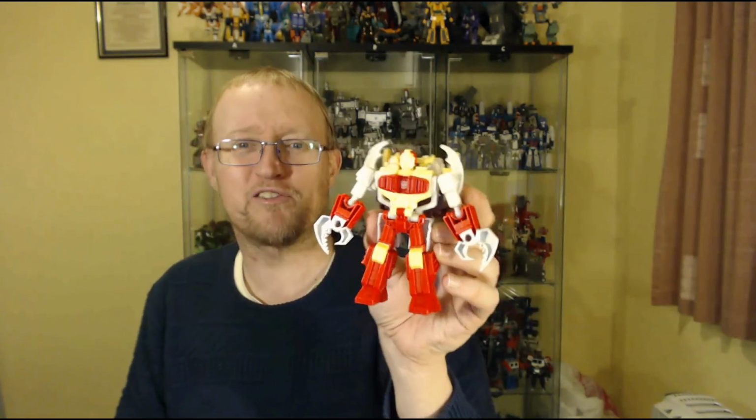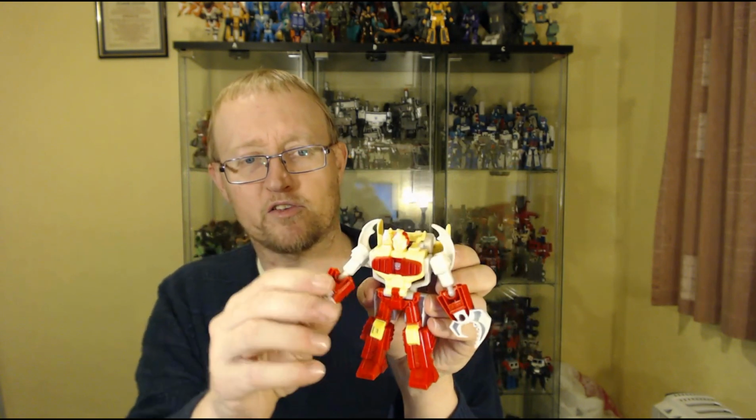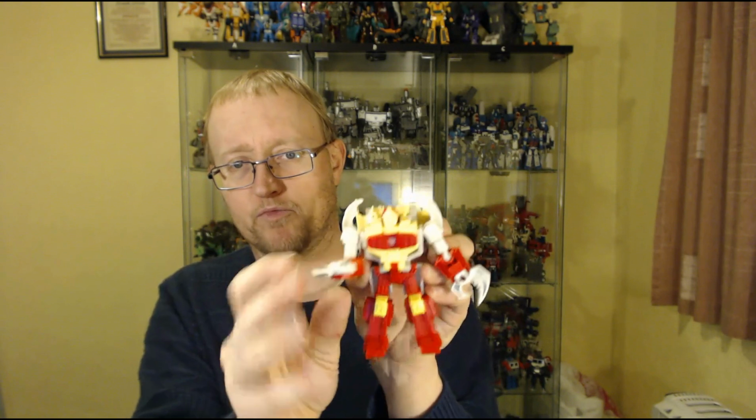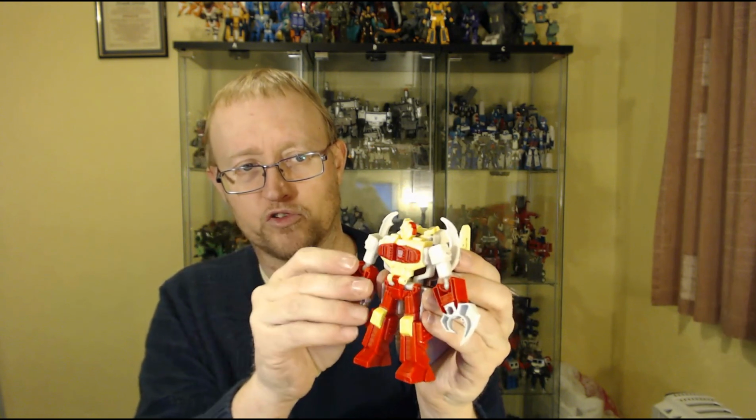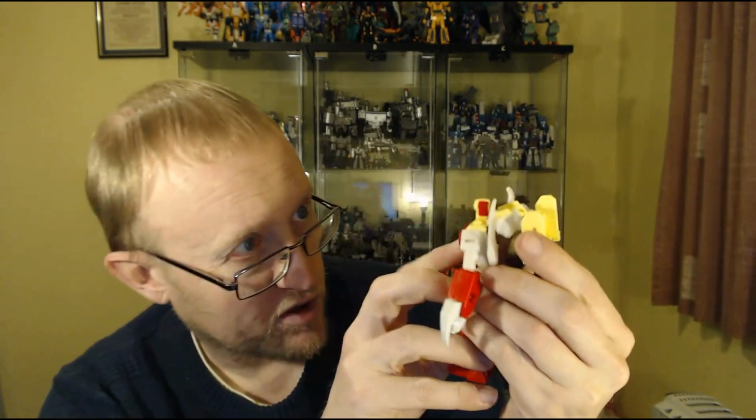I mean, this thing's great. Robot mode looks really cool. Obviously, it's got articulation on the arms. It's got ball jointed elbows, ball jointed shoulders, and that's all the articulation it's got. Head sculpt is very yellow, but if you're looking close, he's got like a cheeky sort of crooked grin on his face. It looks quite interesting. And being a one-step changer,